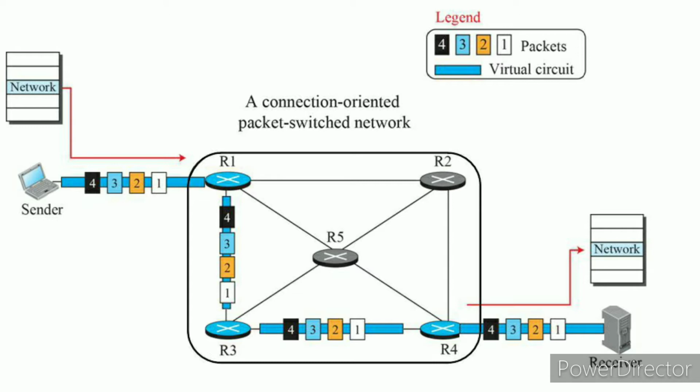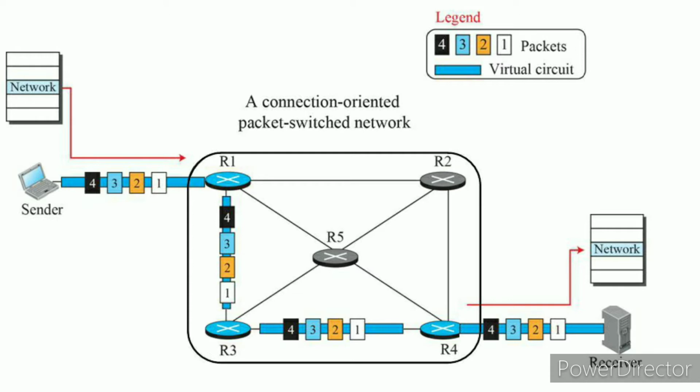Here, along with the packet, there will be one more variable used, or it may be a label, that is called virtual circuit identifier. This is also defined as a virtual path. Then we'll see how this particular label helps in sending the packets.